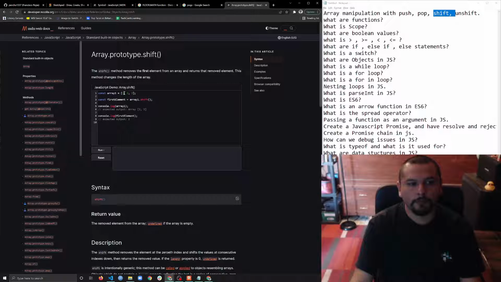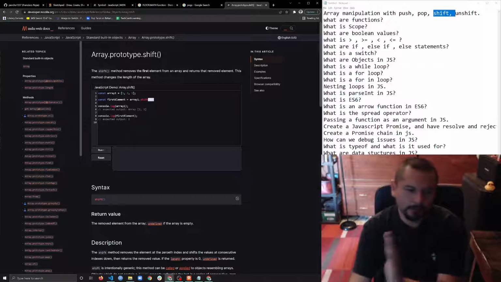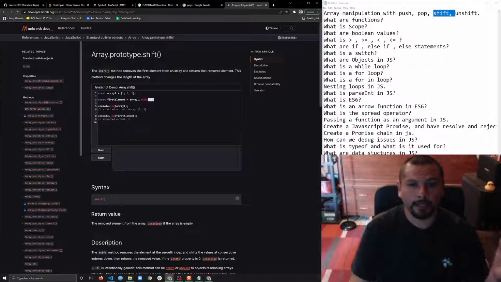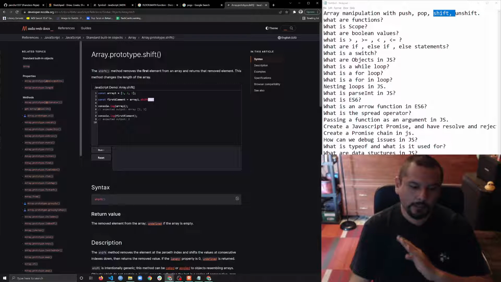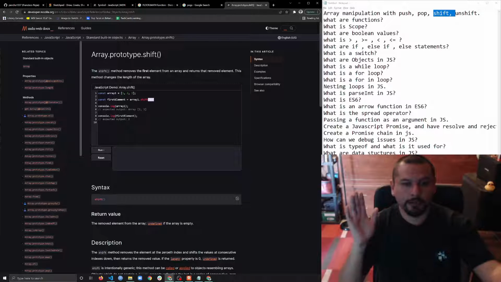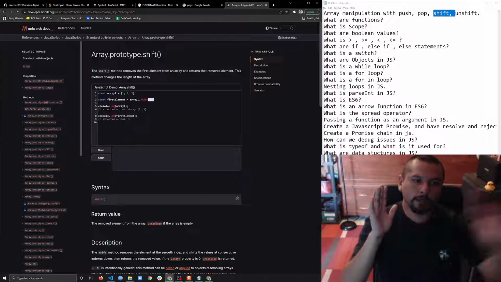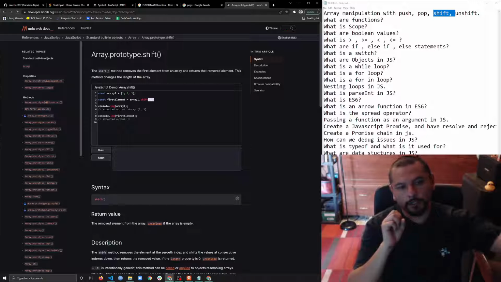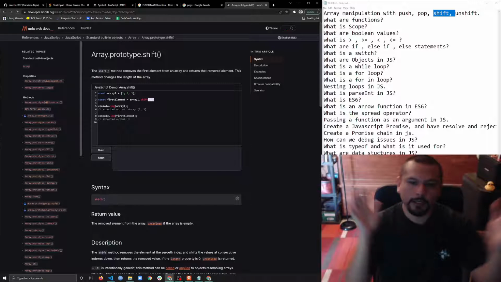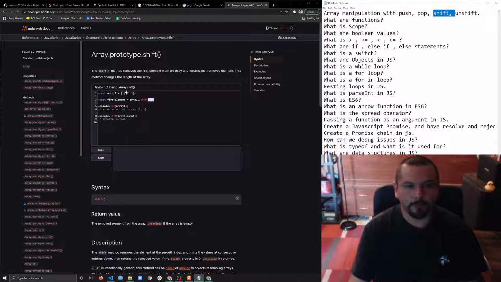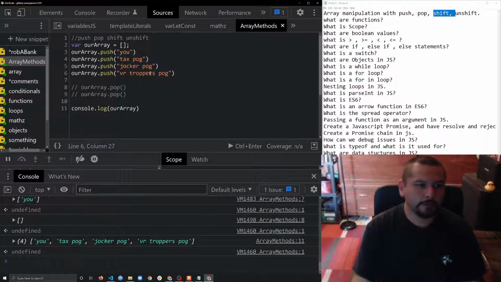So we can see here that we have an array, and then when we shift, we're shifting everything this way. So it's kind of like a line. Let's say you're in a line, there's multiple people there, and you're going to shift the line. You're the one that's going to be dealing with the clerk, and everybody else moves one forward. So in the same way here, if I say array